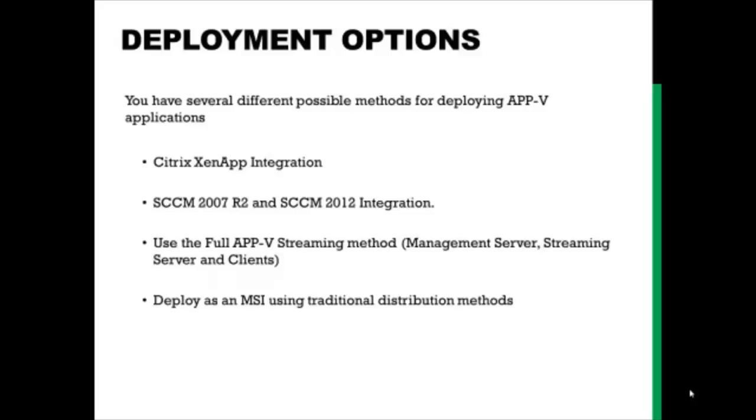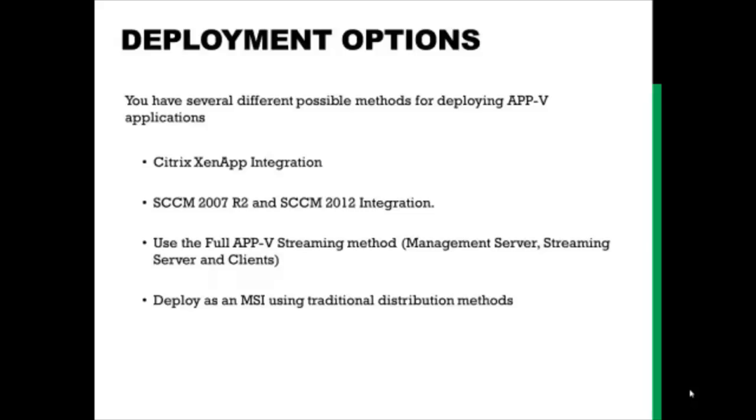Other than that, if you don't have the funding or money to invest in the backend, so the servers that are required for allowing streaming, or possibly you don't have XenApp or Citrix to integrate with, you may not even have SCCM to integrate with. You may just have some other application deployment mechanism, or you may even just manually install applications onto your users' machines. In which case, if you still want the benefit of application isolation, you can deploy your AppV applications in an MSI format. So it basically installs the application